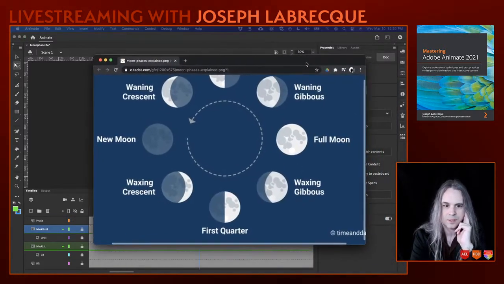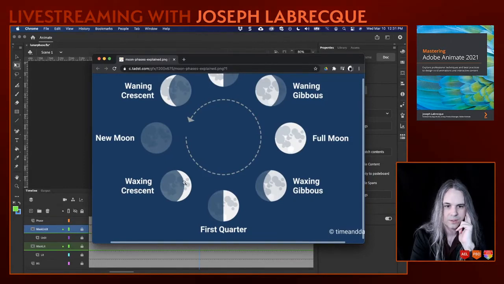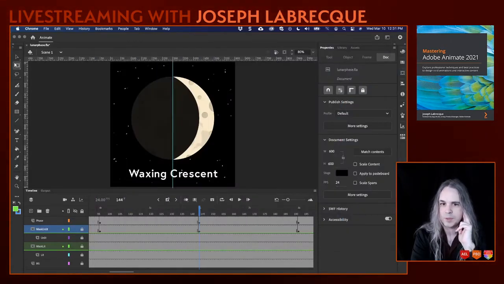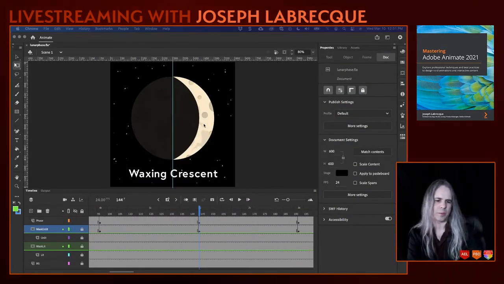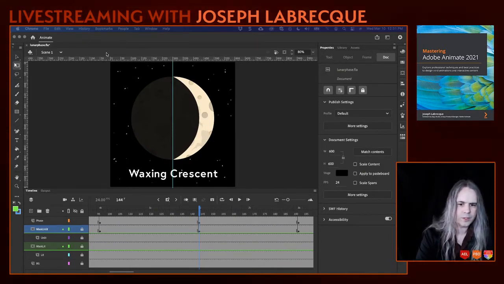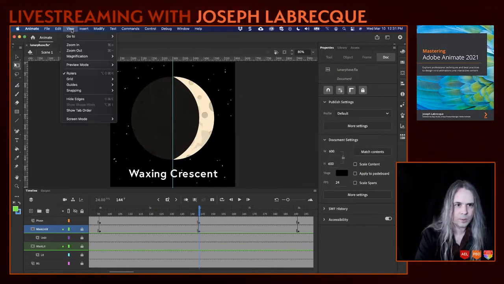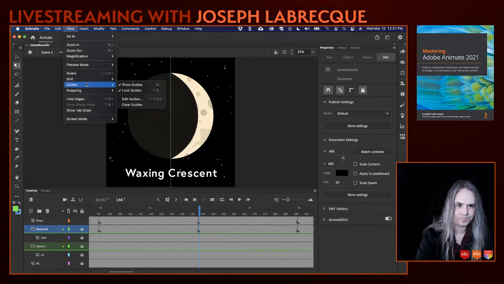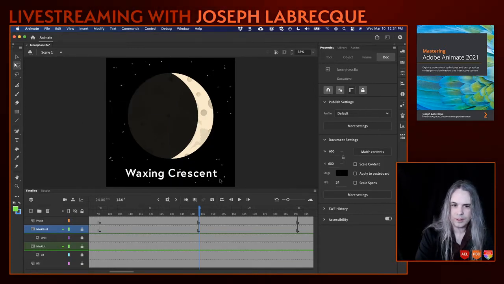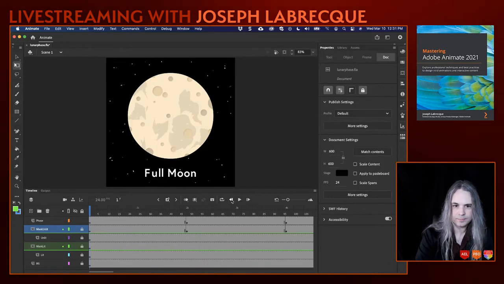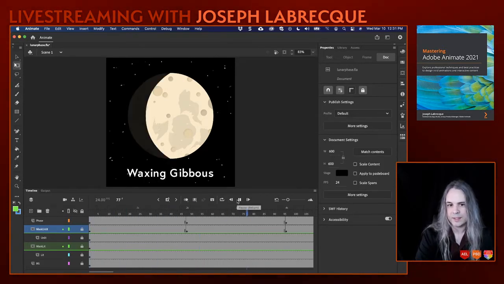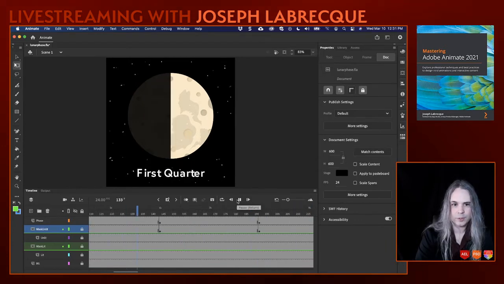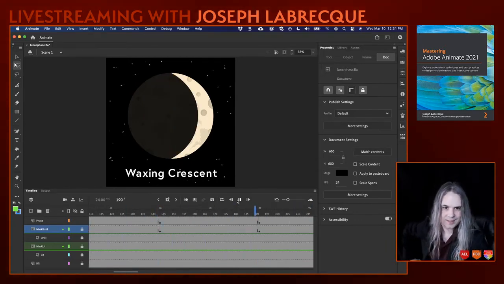Waxing crescent. So here's waxing crescent right here. You get this crescent lit right before the new moon. And there we go. That's pretty good. So let's turn off our guides now. I don't want to see them anymore. I don't want to see the rulers anymore either. And if I go back to the beginning and hit play: full moon, waxing gibbous, first quarter, waxing crescent, new